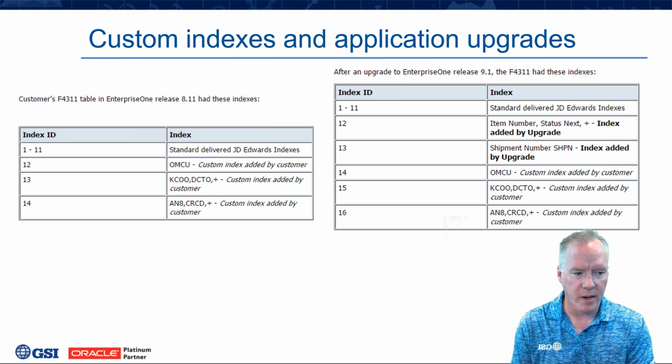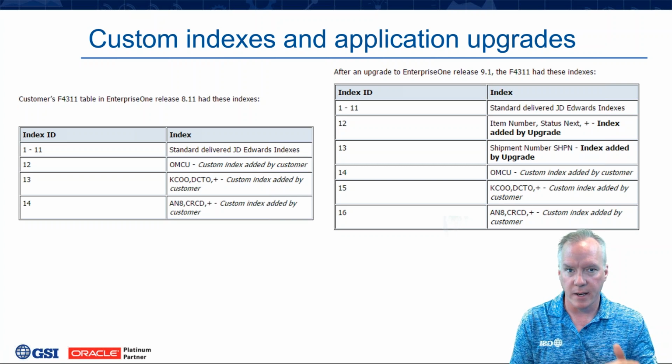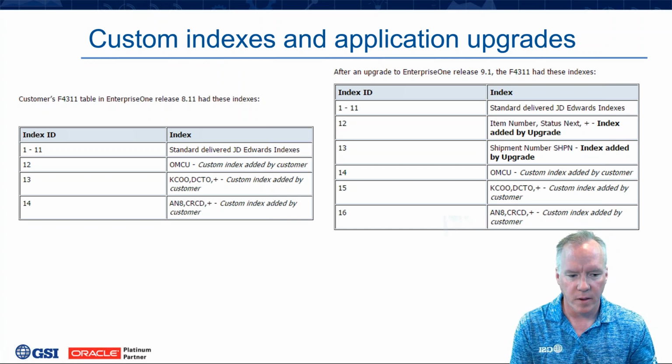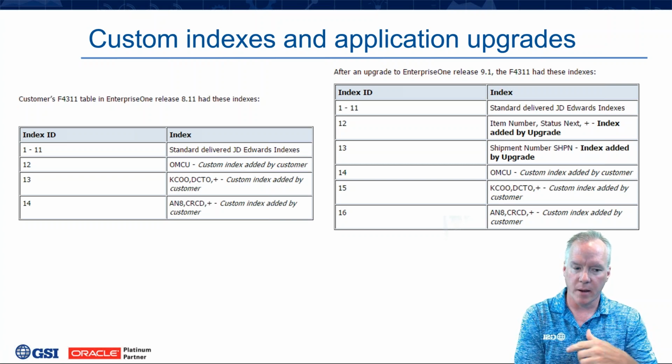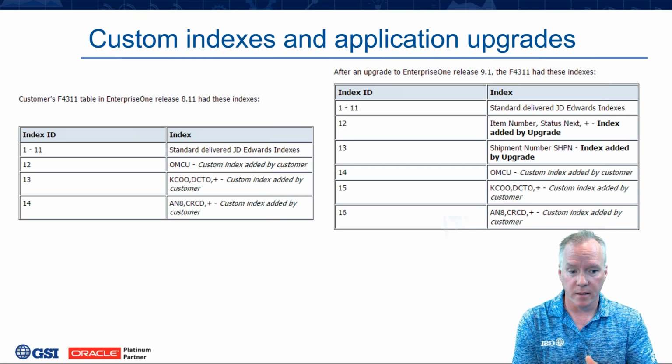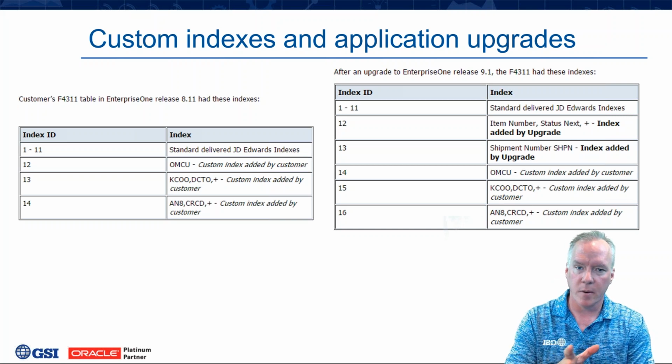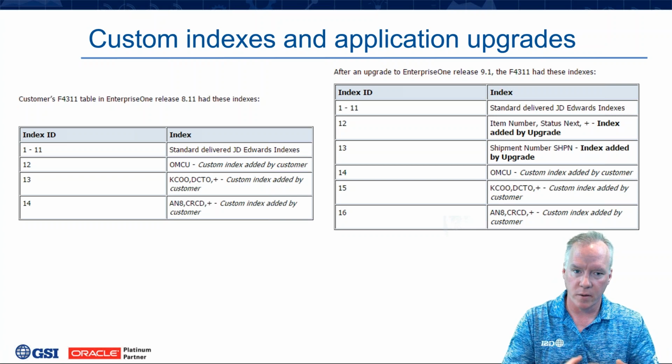So if a customer creates a new index on an E1 table, and then a new index on the same table with the same ID is delivered in an ESU, then the upgrade process is going to replace the custom index with the new index, and then push the custom index down in the ID numbers. These custom indexes will be renumbered with a new higher ID, and this will impact table IO statements that are based on that index, because those are keyed on the index ID, and this has to do with development. So just something to think about when you go into upgrade. See where your indexes shift to, see how it affects your